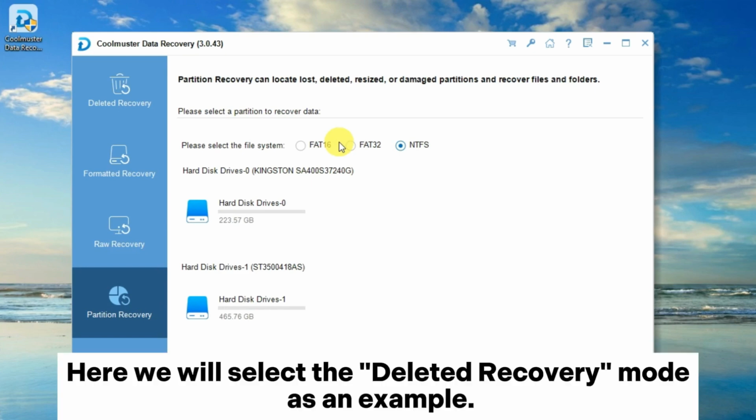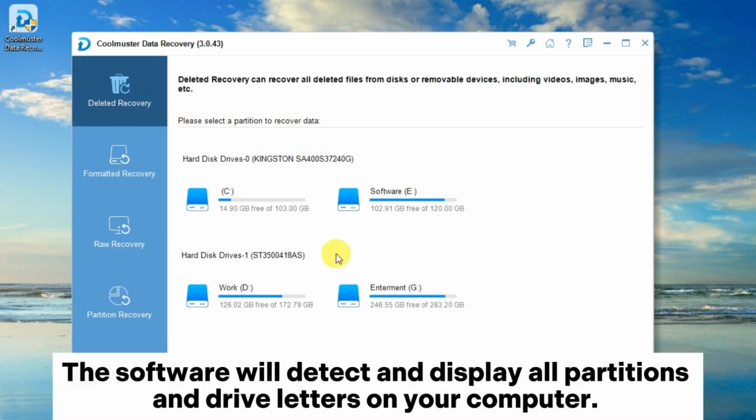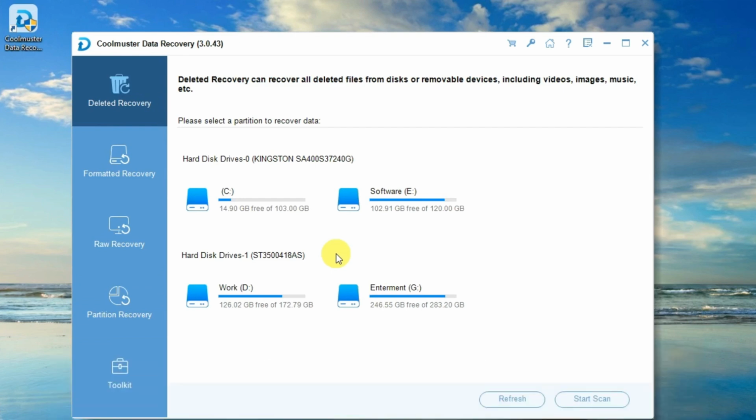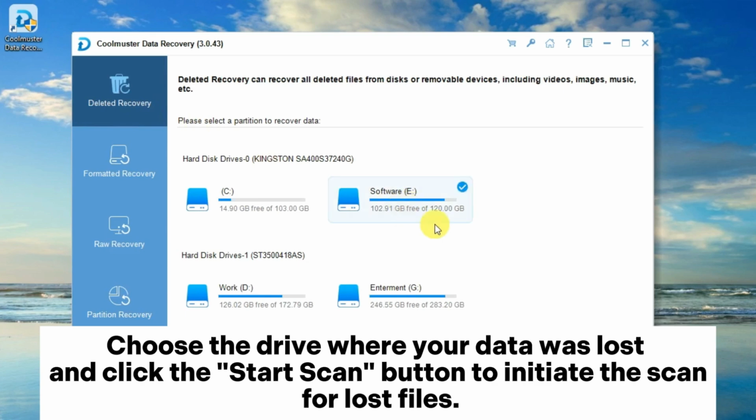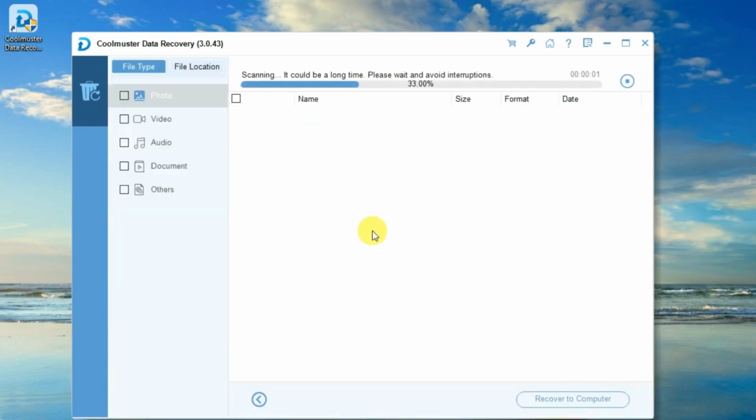Here we will select the Deleted Recovery mode as an example. The software will detect and display all partitions and drive letters on your computer. Choose the drive where your data was lost and click the Start Scan button to initiate the scan for lost